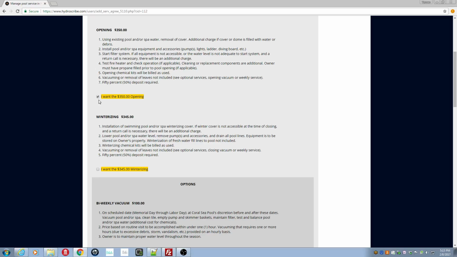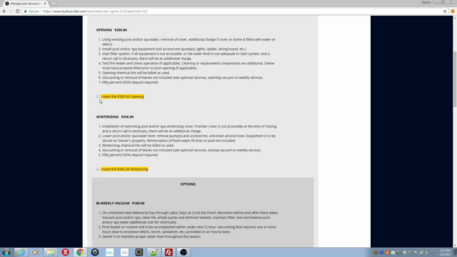You notice that once I click in the checkbox, a little tick mark appears in that box. Now, suppose I checked the box but I didn't really mean to. Can I fix it? Yes. All I have to do is go back to that little checkbox and click inside of it again and the tick mark will disappear. So if you make a mistake, no problem. Just click in the box again